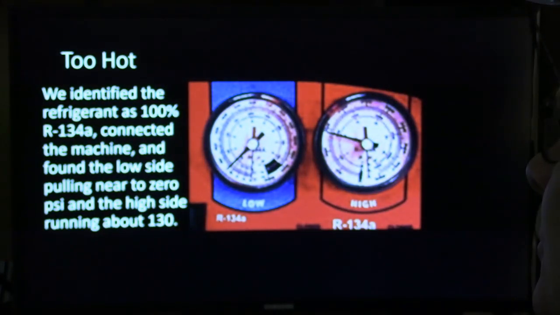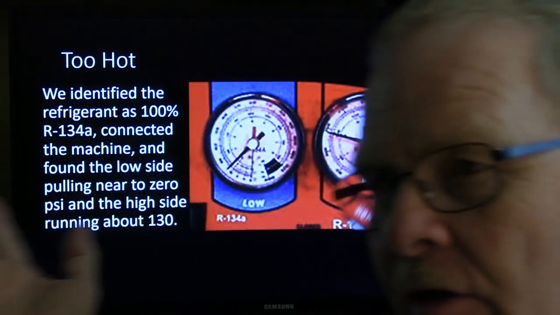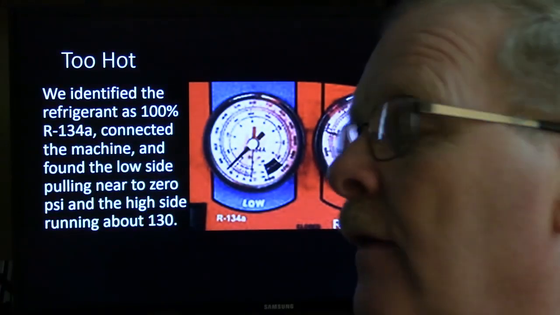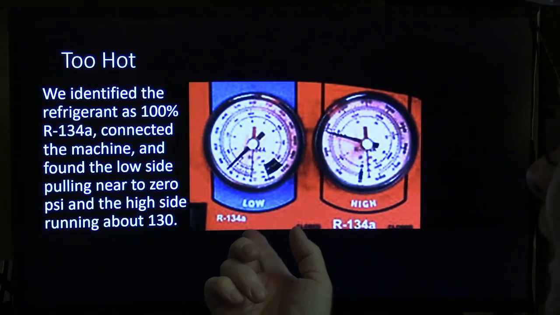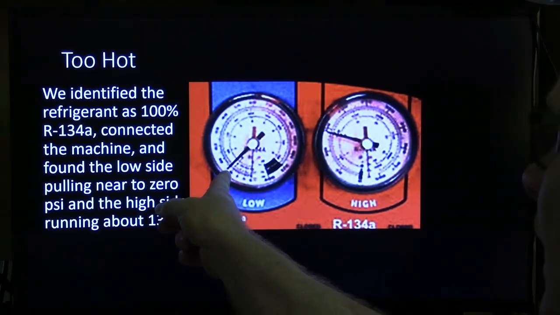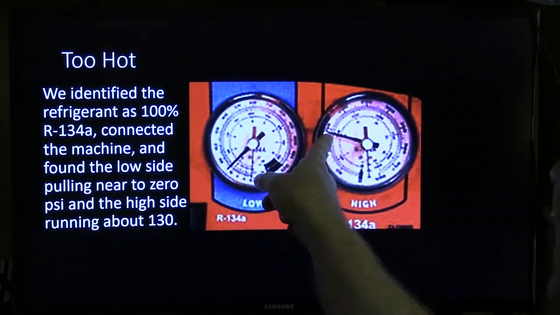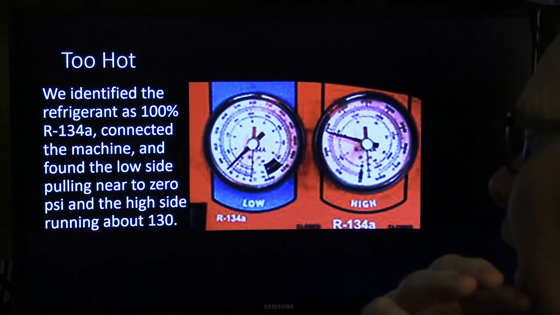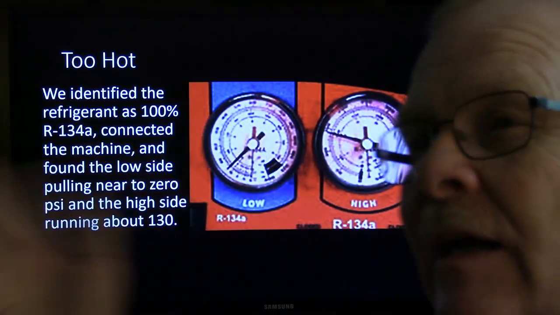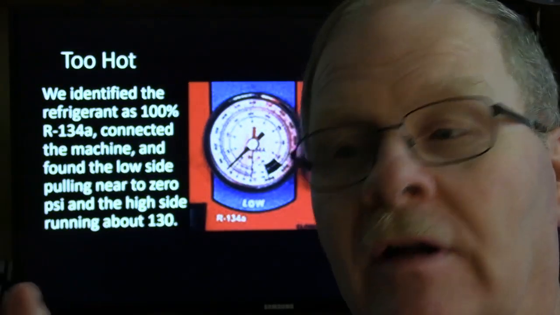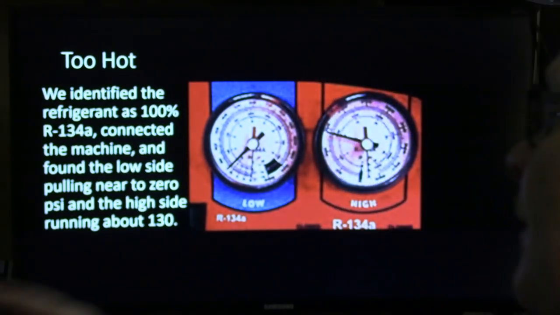But look at these pressures. We identified the refrigerant first as 100% R134 because I didn't like hooking this big machine up to it, not knowing what was in there. And so what I did was I found the low side was pulling really close to zero and the high side was running kind of low. And that was whenever you started it up and turned on the AC, this is where the